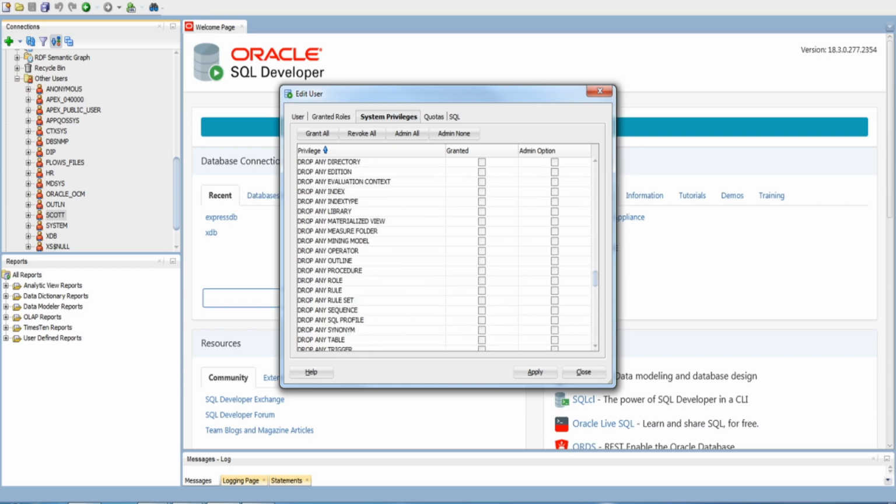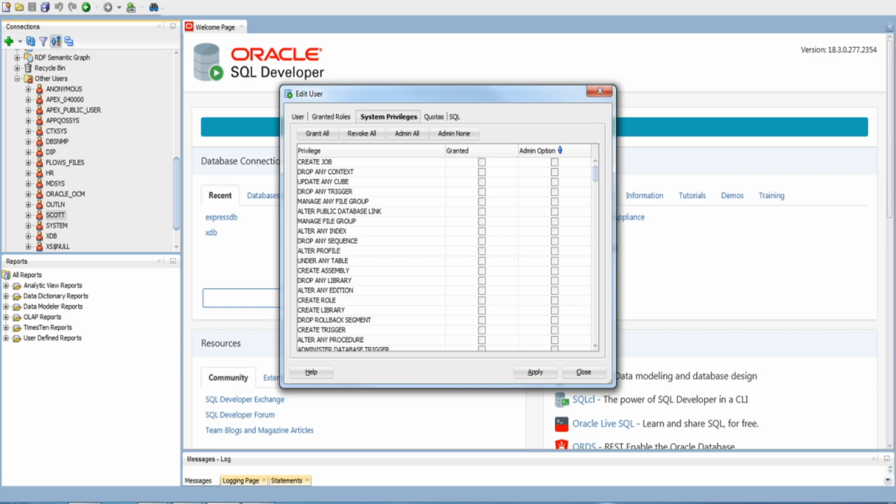So these many privileges are there where we can check, uncheck, grant, revoke from SQL Developer if you are connected as sys user. You can grant the admin option as well. If you give the admin option, Scott can grant it to someone else.